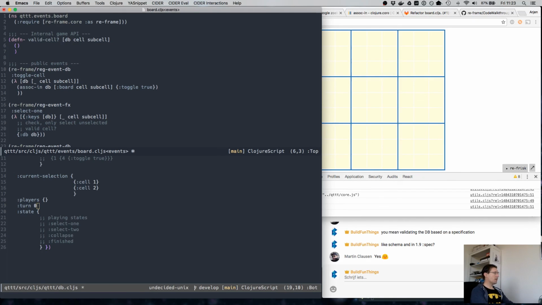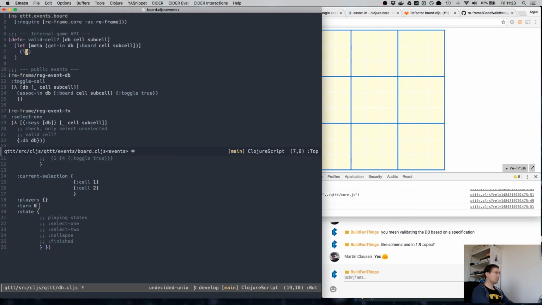So we can say let meta be get in db board cell subcell, if